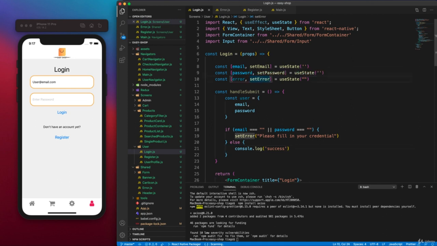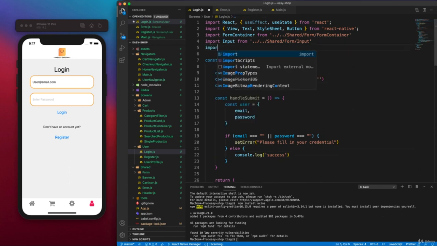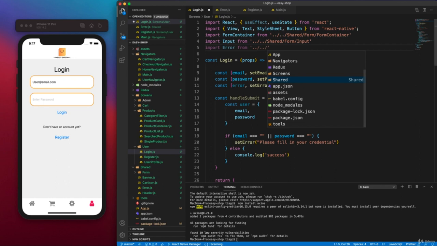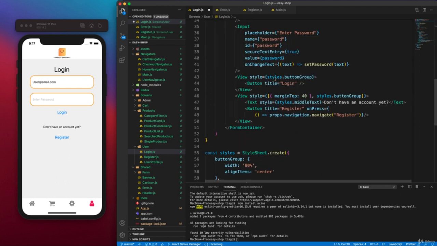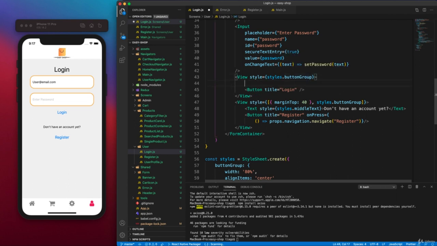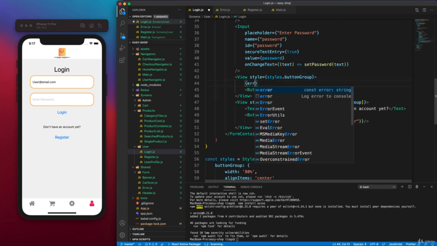Now we can save it, and we can go back to our login component, and we already have the setError. We need to import our error component, so say import error from, again, shared and error. So then before our button here, so we'll say if error,